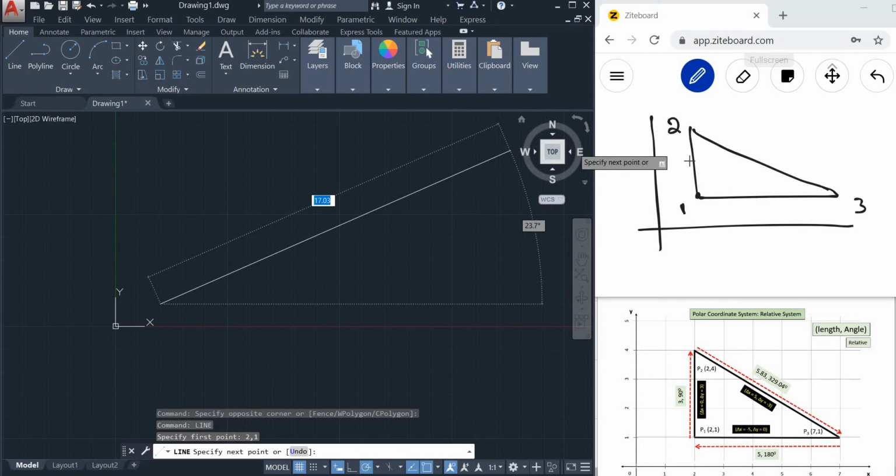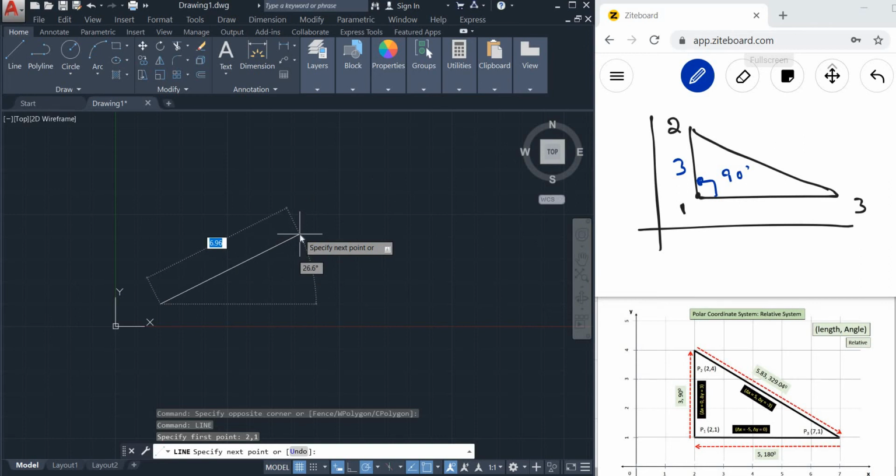In our example, the length between point number P1 and P2 is 3 and the inclination is 90 degrees. So type the length of the line, that is 3, and now you have to specify the angle. In this case, we are not going to press comma, because when we press comma, this box will disappear and instead AutoCAD will ask you for the y coordinate. So if you want to move from this box to this box here, press tab